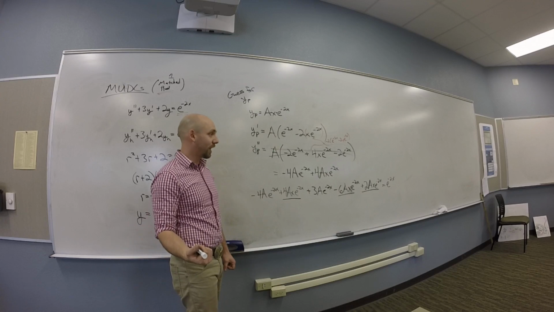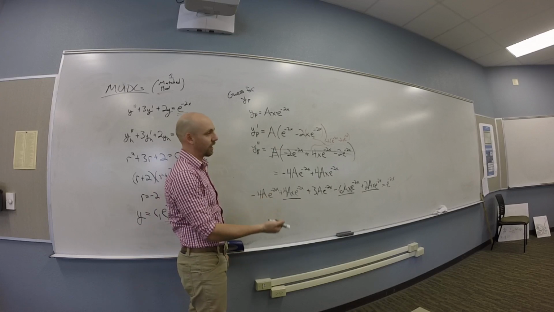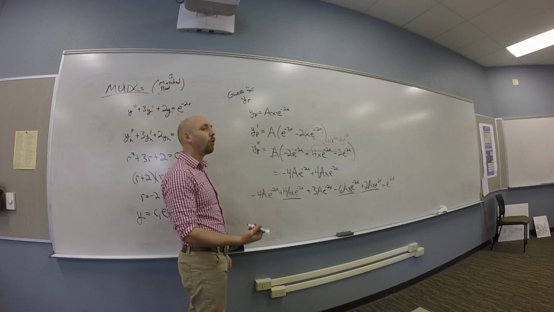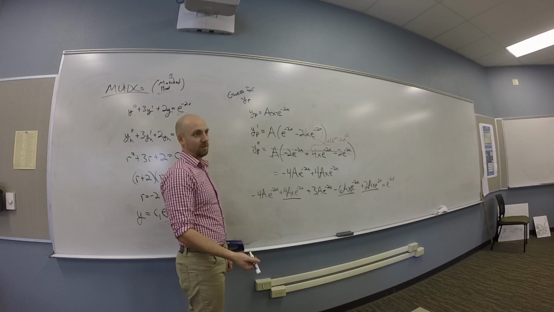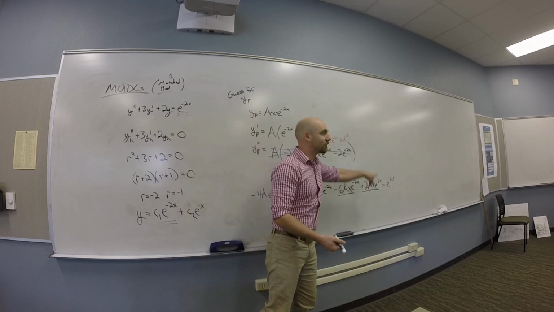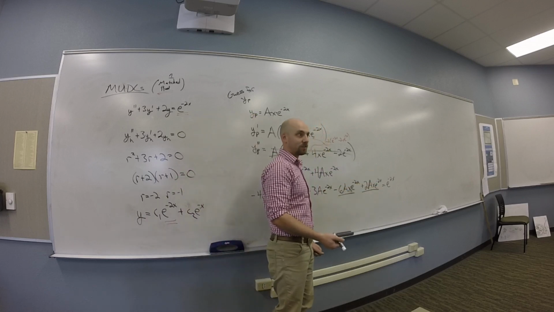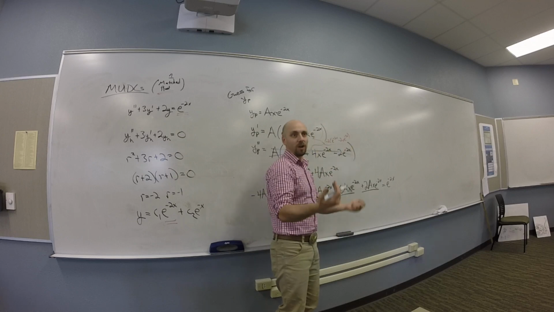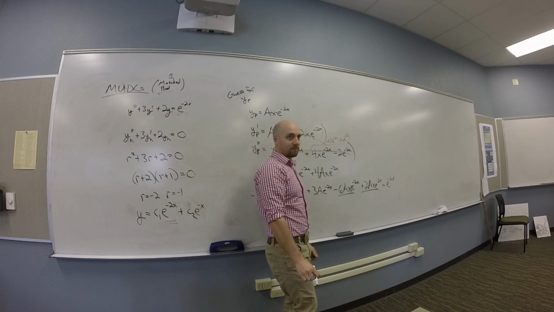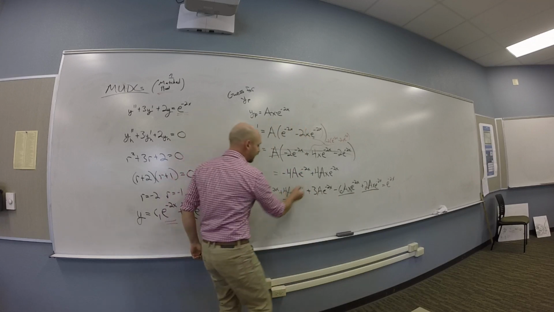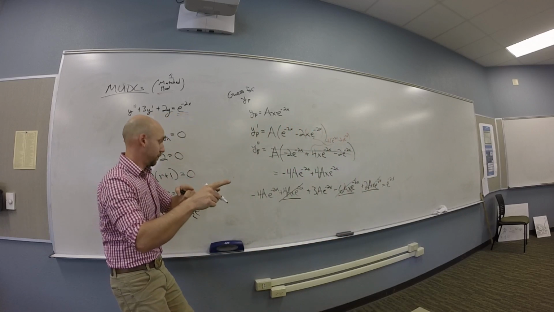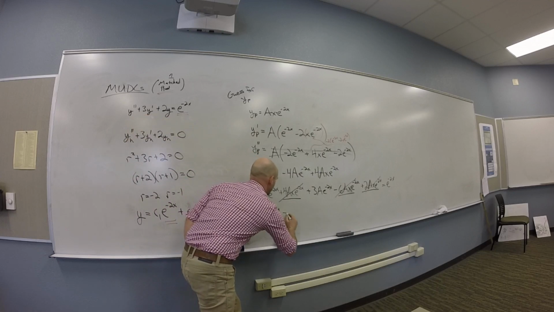So some of that is going to cancel. Luckily, it's the stuff with the x's on it. If it wasn't the stuff with the x's on it, you'd be totally hosed. Because you'd have x e to the minus 2x over here and e to the minus 2x over there. Those aren't going to ever match. So you'd be like, oh no, that guess didn't work. Maybe I'll go do something else with my day. But luckily these guys cancel. So when those drop out, I got minus a equals